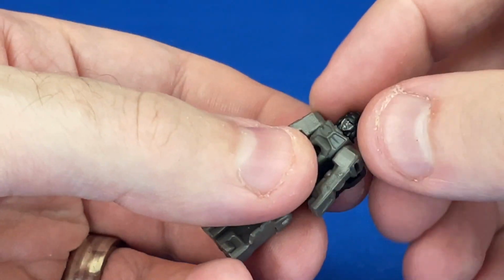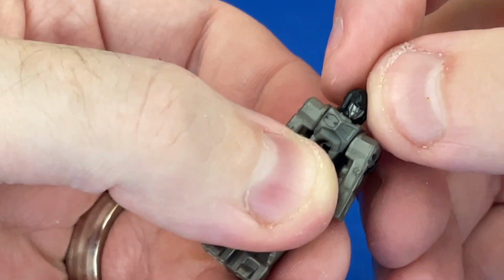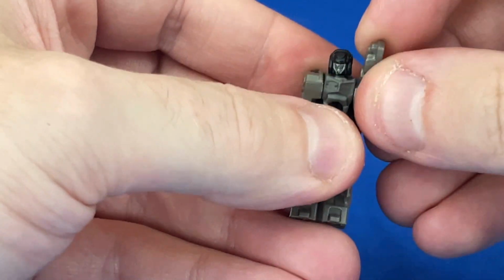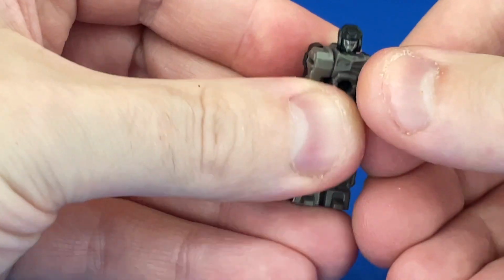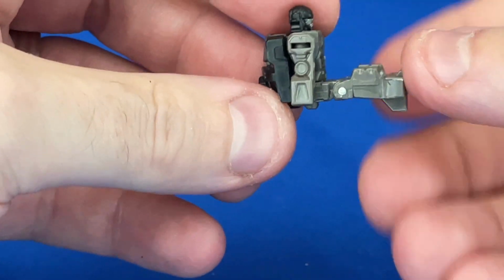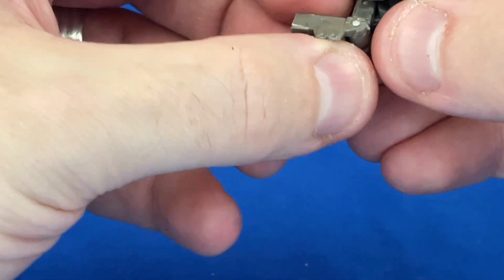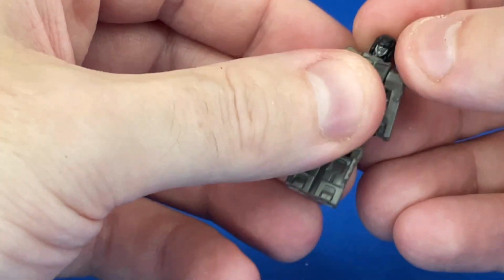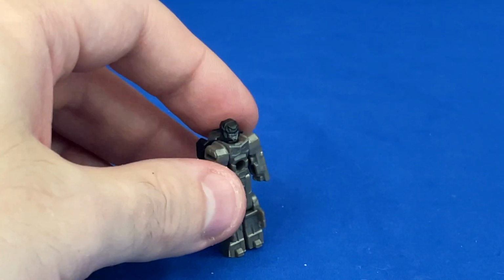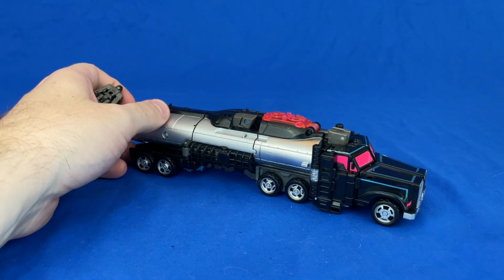And articulation for this is, as you expect of Titanmasters, you can look left and right and kind of wiggle the head around a bit. The arms are ball joints, but they really only allow you to rotate and come out slightly. That's about all you can do there. And then the hips, you can move the legs forward. You can bend the knees, but the legs are all together, so you don't really get much in the way of any actual posability with this guy. It's mostly just sit or stand,